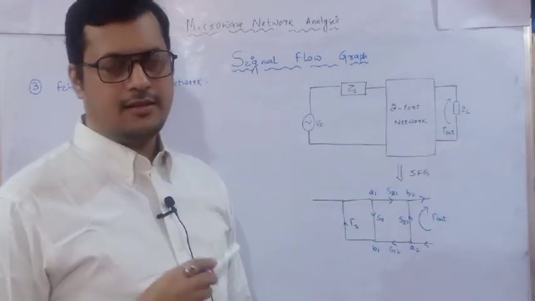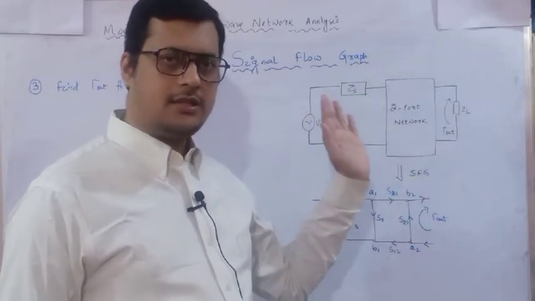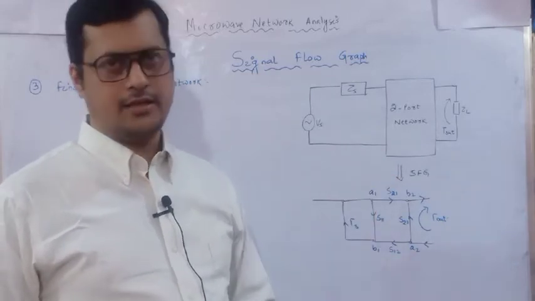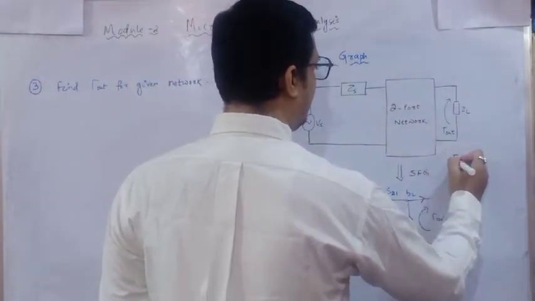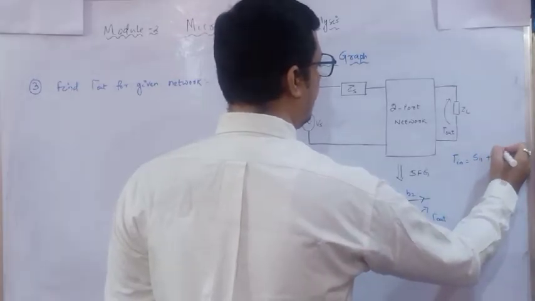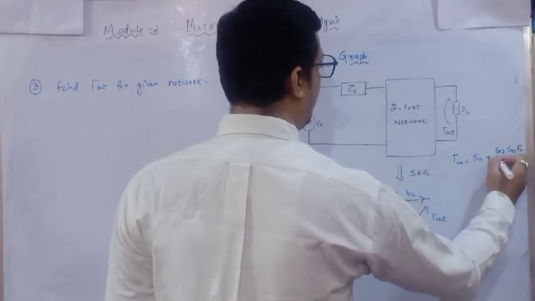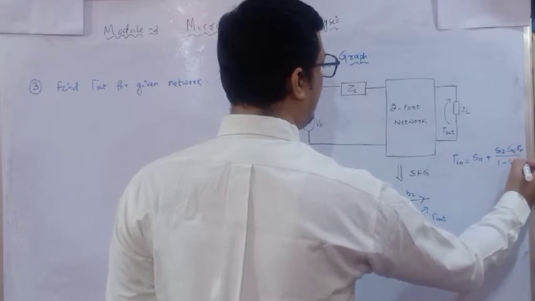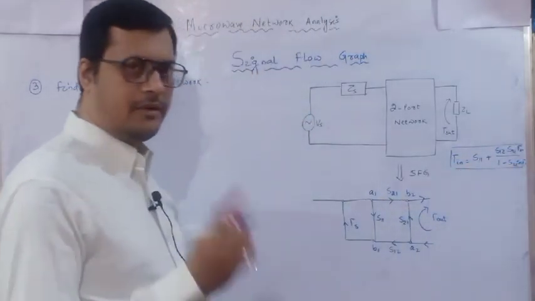Now in the last class we discussed the perfectly matched case, and what the reflection coefficient at the input side is, which we have to identify. So we have identified that relation. For the mismatch condition, the input reflection coefficient is equal to S11 plus S12 S21 times the reflection coefficient at the output, divided by 1 minus S22 times the reflection coefficient at the output. Like this, we have identified some relation for the previous question.